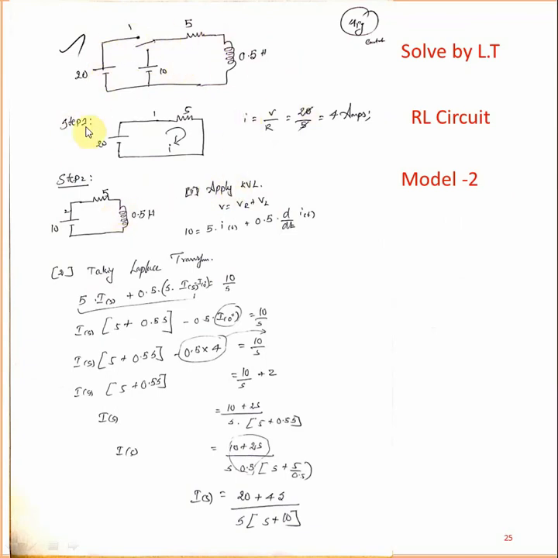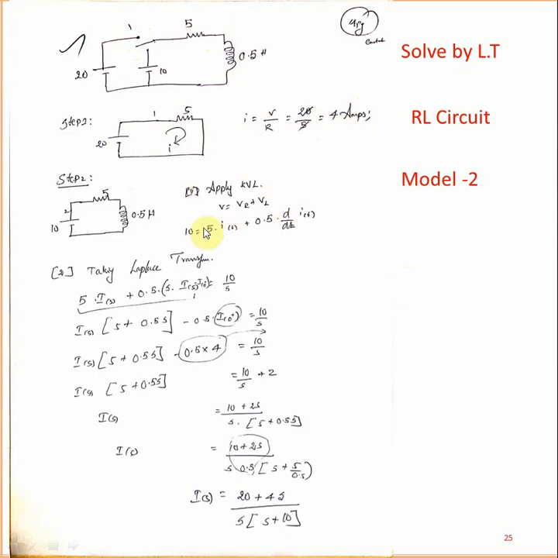Step 0: only the resistance is present, the inductance is not. At the time the switch A is closed, the inductance is 0, so I will solve it that way and find the I value. I is equal to V by R, V divided by R, which is 4 amps. Keep that in your mind. Then after that you have the 4 steps.